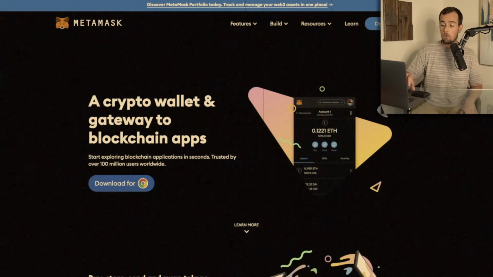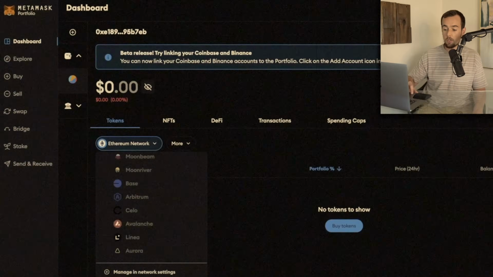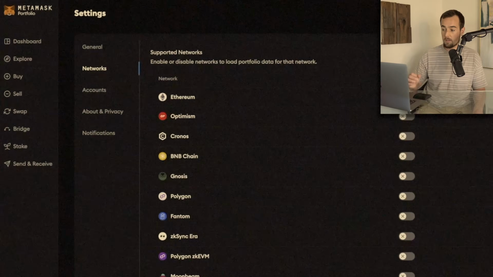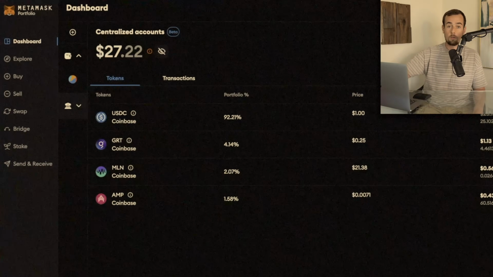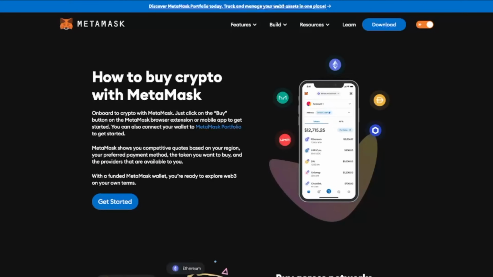below. We're going to be covering how to set up a MetaMask wallet, how to generate a seed phrase, how to use the desktop extension, and even how to keep track of all of your crypto assets in one place using the MetaMask portfolio. MetaMask has been in the game since 2017, and they've become one of the most popular